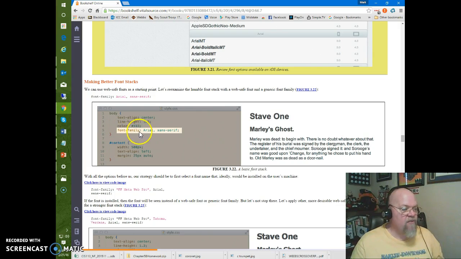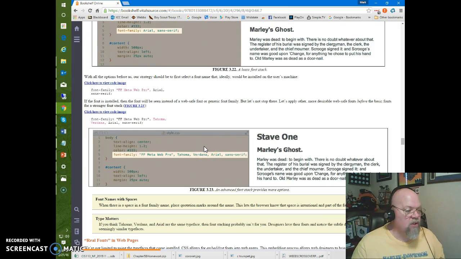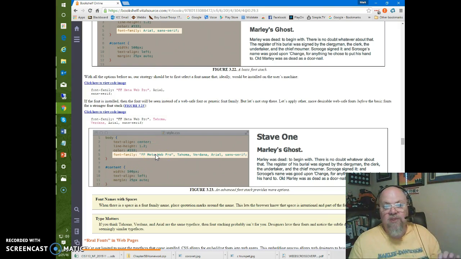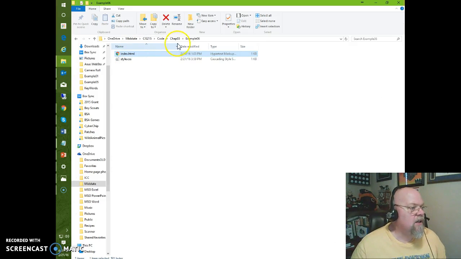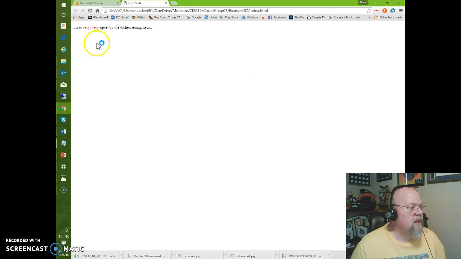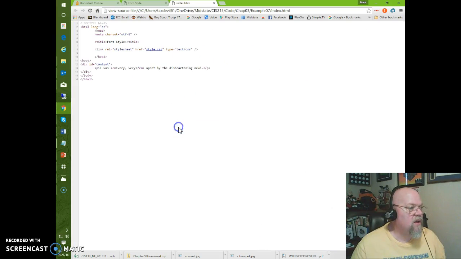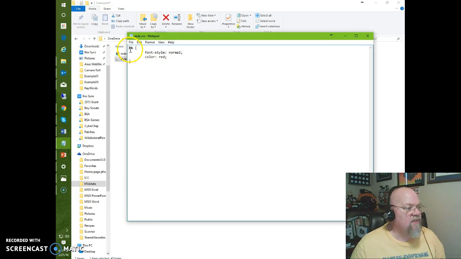Again, we can actually type in font-family Arial, sans-serif. So we basically can tell it that that's what we're utilizing. Here's another one, FF Meta Web Pro, Tahoma. So we can really get more specific. Again, that might be too specific, and we might not be able to use that with all the different browsers. So do we have an example of that? Yeah, so look at the source. This has got an EM. So if we look at the style sheet, there we have EM, font style is